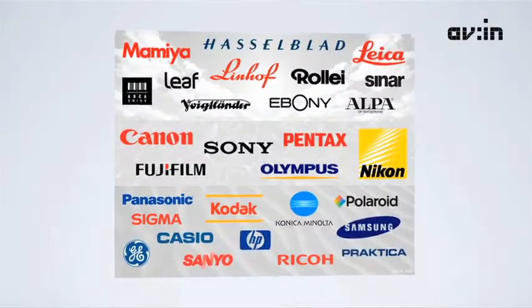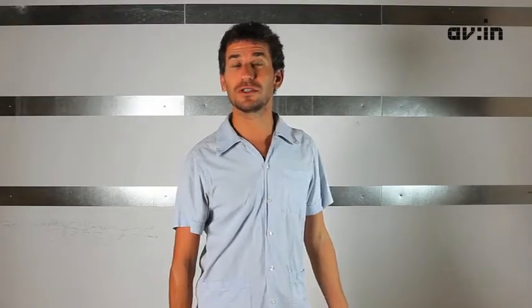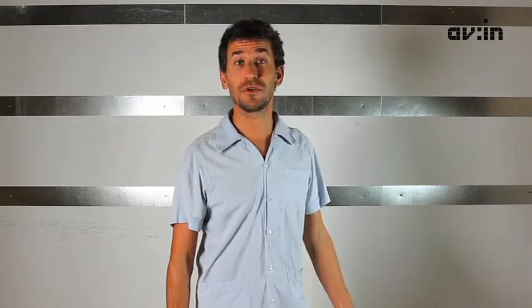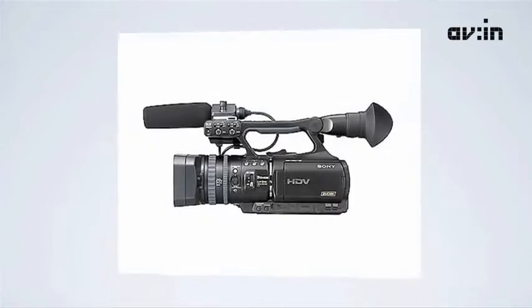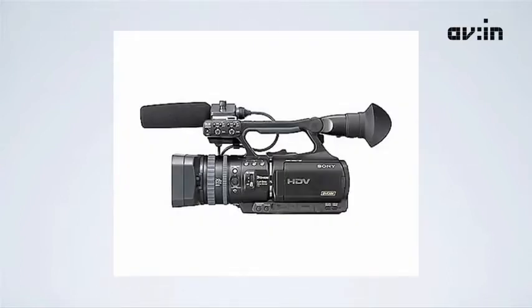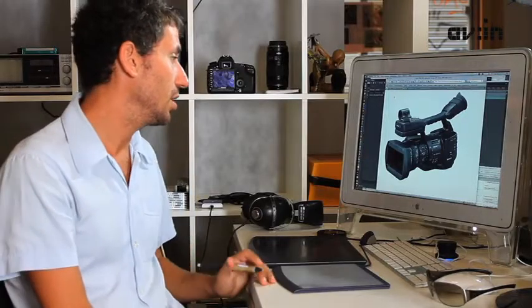So there's a lot of different brands of cameras. How do you go about choosing the camera that's right for you? There's a wide range of choice when it comes to choosing cameras, and it's obviously depending on the specific kind of job that you want to do and what you want to shoot. Sony brands are always usually popular, mostly because they're really intuitive interfaces and they're very easy to use. It's something like the Sony EX1,